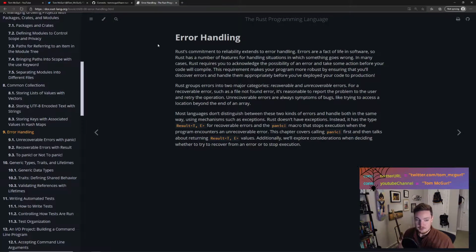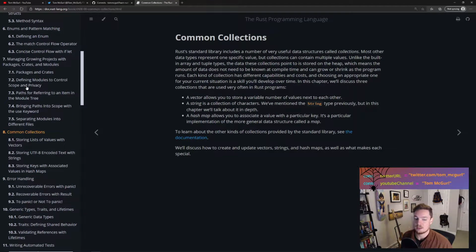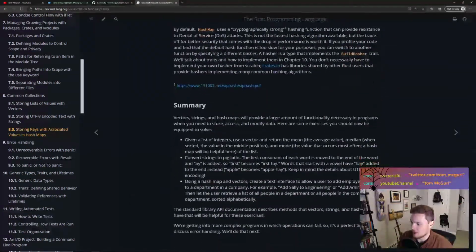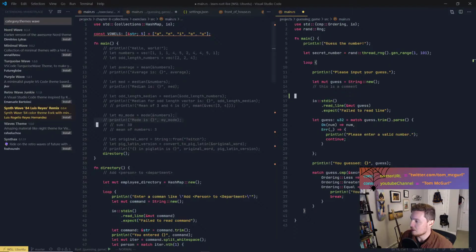But all right, that brings us to our main event, Chapter 9. So last week we covered the exercises from Chapter 8. Now, Chapter 8 was all about common collections. And we wrote those exercises, which were at the end of Chapter 8. They presented us with a few different exercises. Make a word work in Pig Latin, create a company directory where we type something and add somebody to a directory using a map, as well as computing the mean, median, and mode of a list of numbers. And so that code can be found in the repo, obviously, but we have here